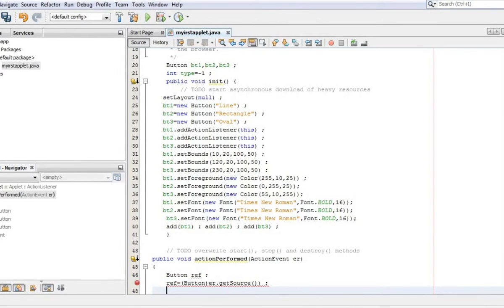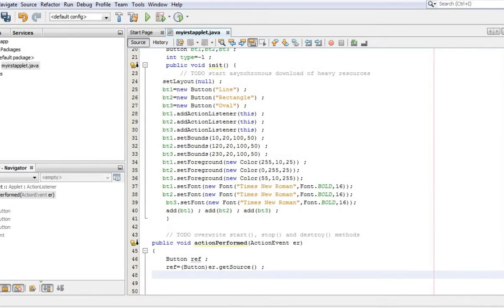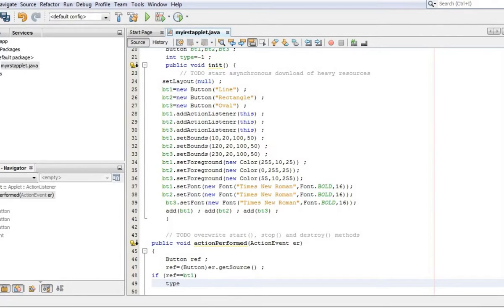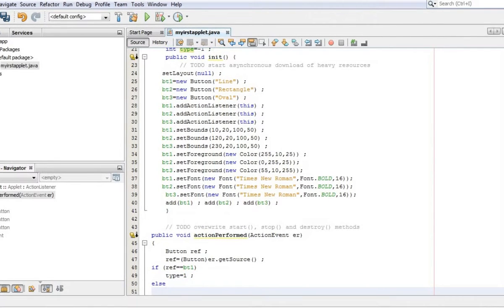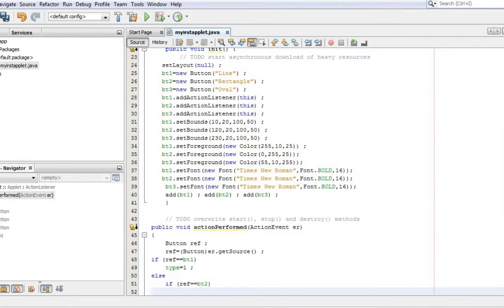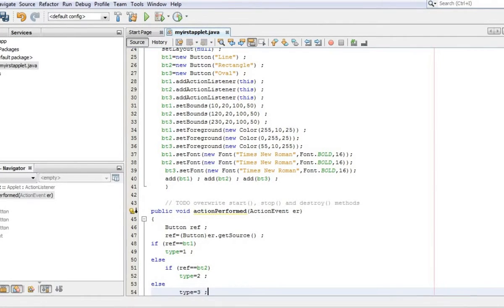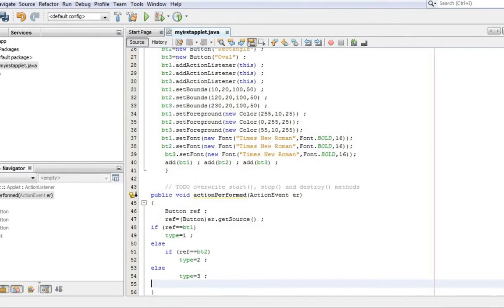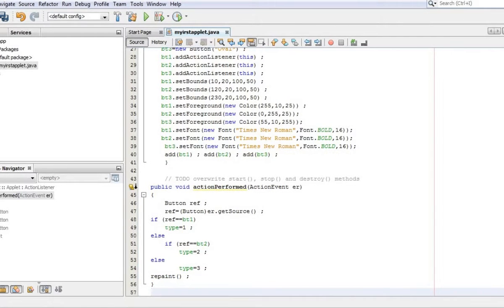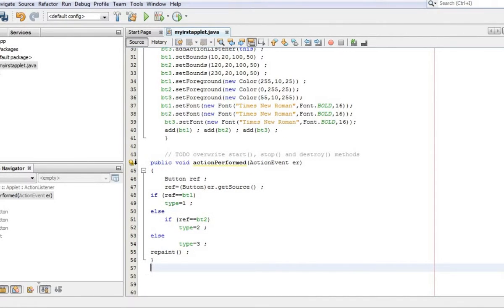Now see, what getSource is supposed to do is it will return the reference of the command button that was clicked by the user. Repaint is used to re-invoke the method paint.